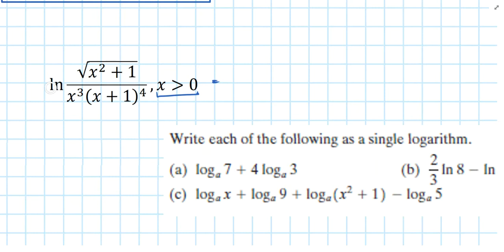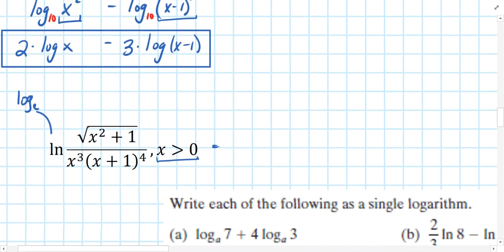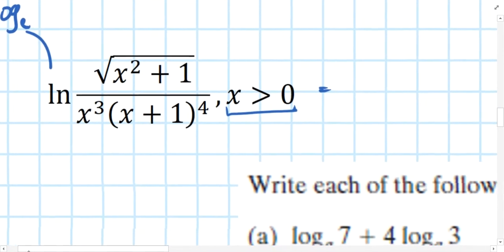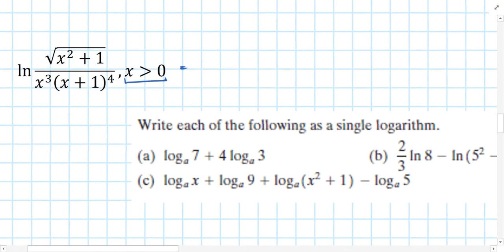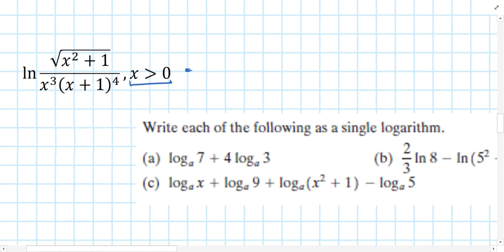So the ln notation is our natural logarithm. If you recall, this is just a logarithm with a base of e. If I would argue that the base of 10 is the most popular logarithm, then the base of e is probably the next most popular, and in some circles it's perhaps even more popular than the base of 10. But the logarithm with the base of e is so important that we use its own notation, ln, to represent that. Now the ln notation behaves exactly the same as logarithms, so we can evaluate and expand this logarithm much